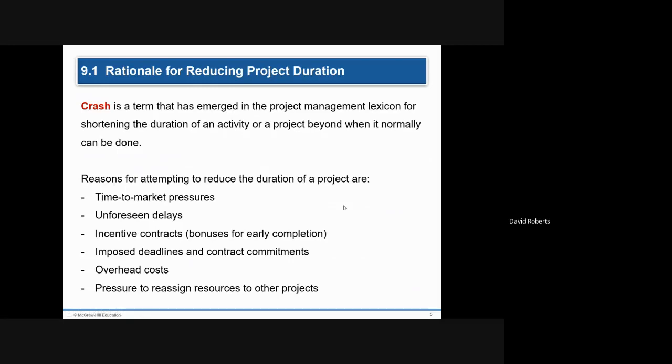There's been companies who literally missed their window of opportunity because they were, in some cases, trying to be too perfect, or some that weren't good enough, and they caused the company to go out of business. But getting the product to market on a certain length of time. You had unforeseen delays, so now you need to get caught up, just like you do in your own lives. You have bonuses for completing the project early, and overhead costs and pressure in case the project runs late.